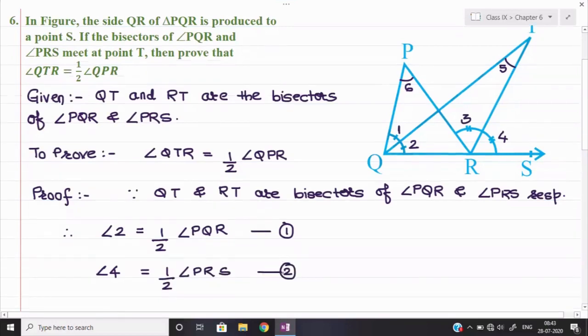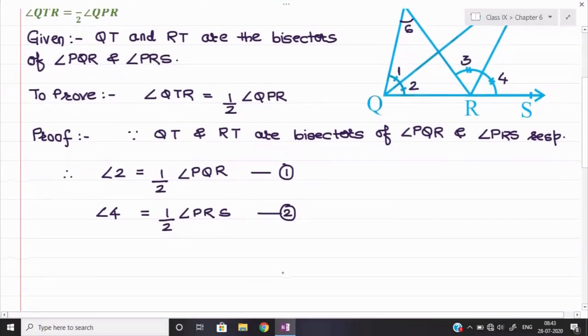Now we shall apply the exterior angle theorem. So to apply the exterior angle theorem, I will make one figure here separately. As I told you, you need to take one triangle at one time, because if we take both triangles, we will get confused easily. So see, I am taking here first triangle PQR. This is triangle PQR and this point is point number S. Okay, now observe, this is angle PRS.